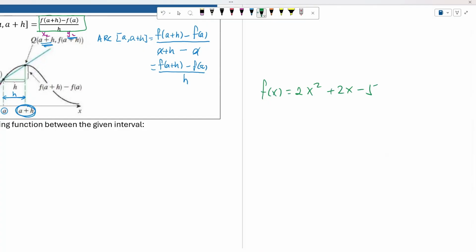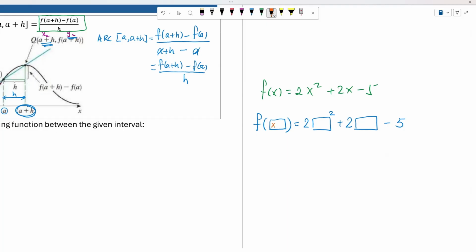What does this mean to me? Essentially, it means that x is the input. So we could consider that x could be any input. Then I will have 2 times the input squared plus 2 times the input and then minus 5. You could consider that x basically is just a box. This box right here could contain anything you want to put in.